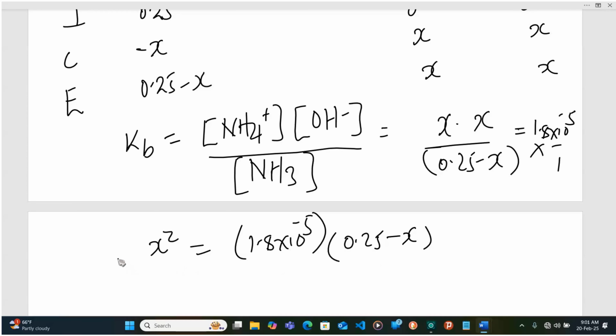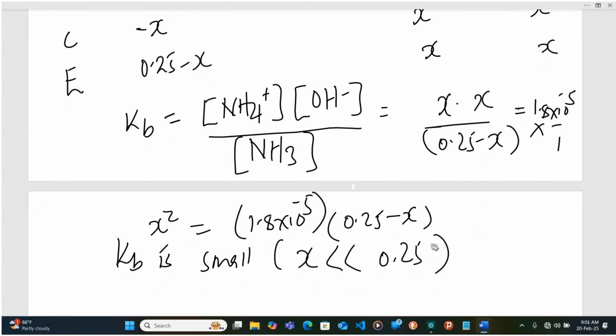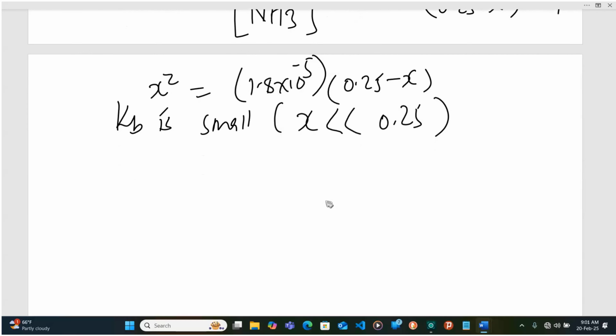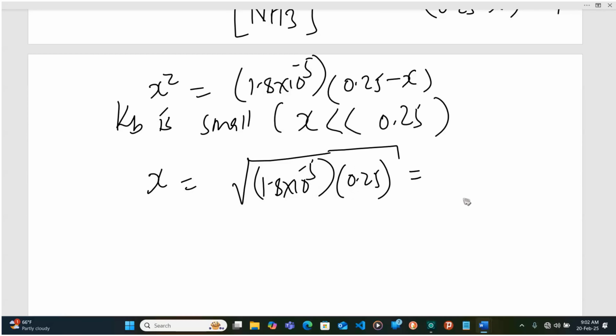But again, since Kb is small, this is a weak base. Therefore, we can neglect X because X is much, much smaller than 0.25. We have taken that assumption, but you can also leave it there and do the calculation. This will give you a quadratic equation. Go ahead and calculate, and you'll see you get a value slightly equivalent to what we are going to get here. So this X will be the square root of 1.8 times 10 to the power negative 5 times 0.25, and this gives us X equivalent to